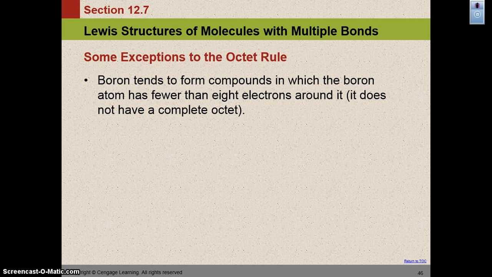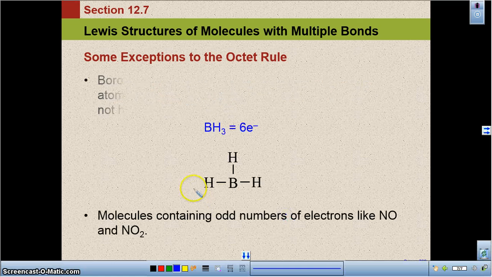have a complete octet. For example, if we look at boron trihydride, hydrogen has 1 electron, and there are 3 of those total, for a total of 3 electrons here. Boron has 3 as well. So we add those together, and we have 6 electrons. So when we place those hydrogens around the boron, you notice that the hydrogens are fine with the duet rule